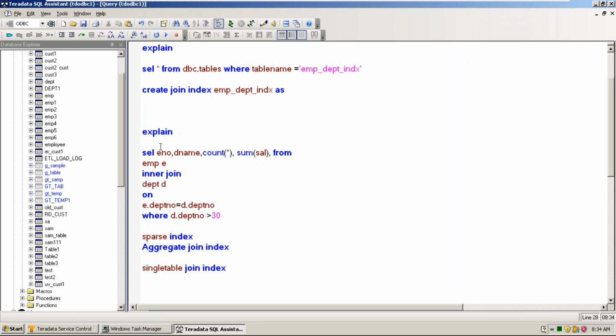Okay. So let us suppose we have joins and we have observed there are more joins on the employee table based on the department number column. And we are not sure how many columns are selected in the select clause, and with what tables it will be joined. Sometimes it may be DEPT, sometimes DEPT1, sometimes DEPT2. There are so many department tables with which the employee table is being joined based on the department number